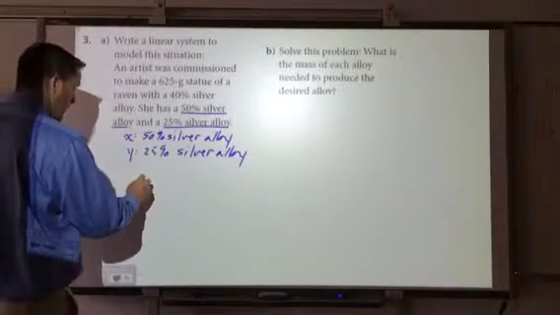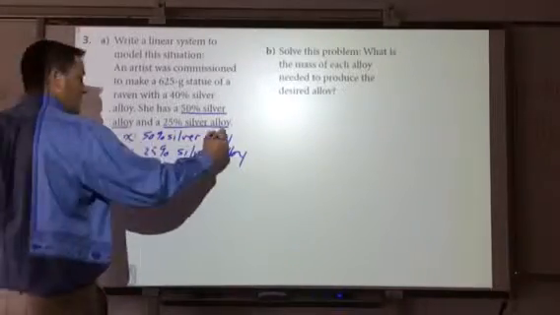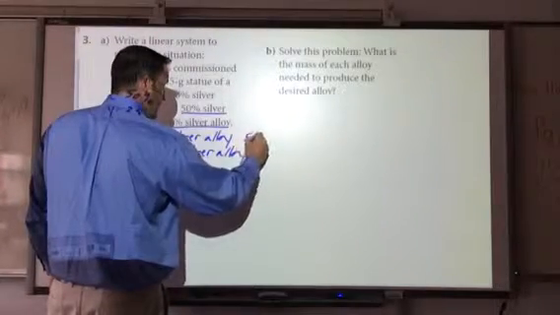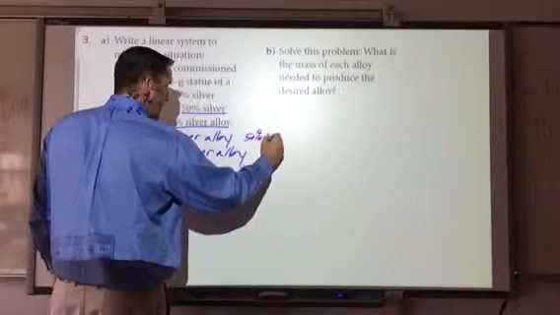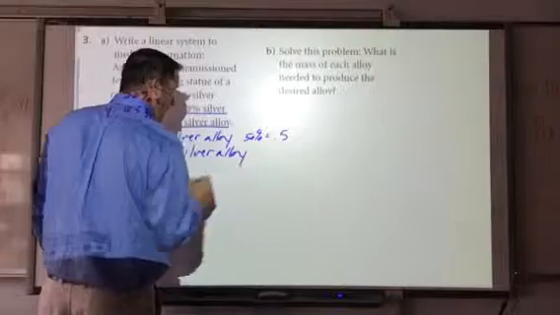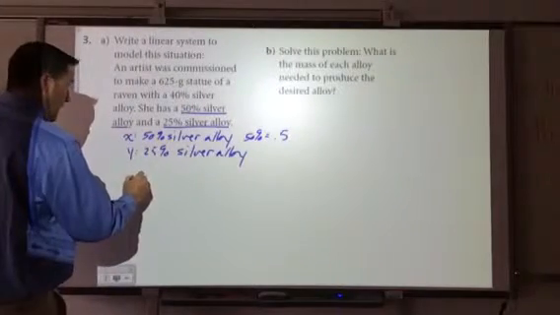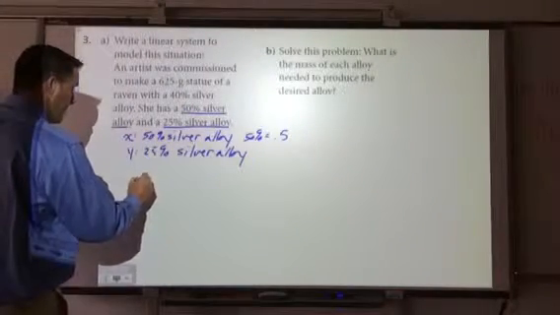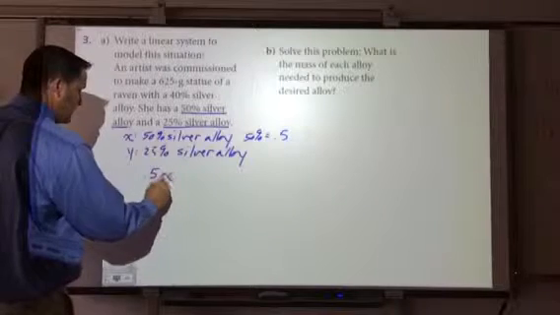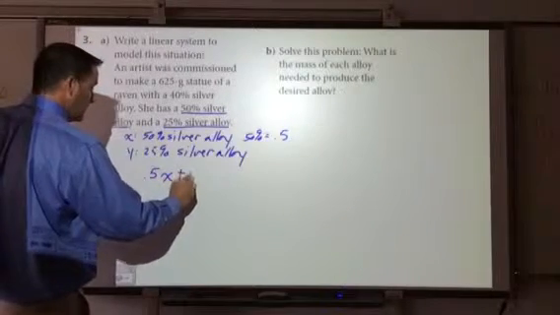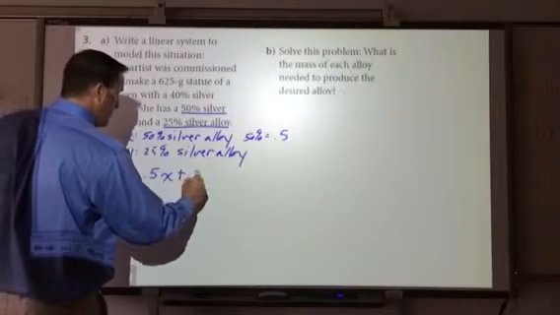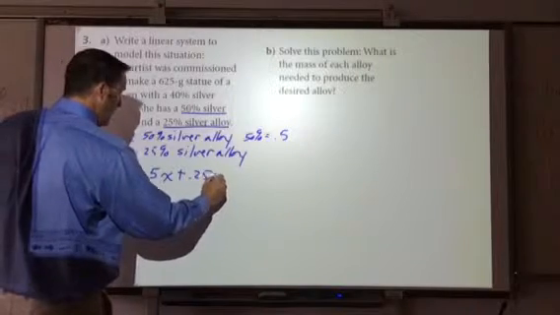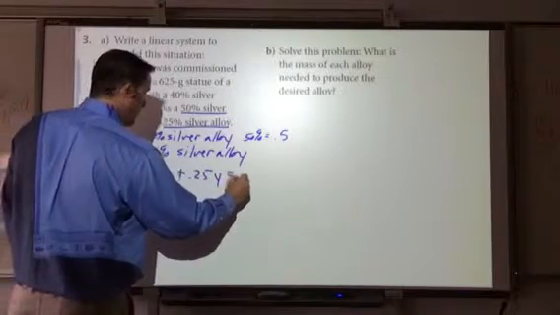Now, 50% is the same as writing 0.5. So what we're going to do is say 0.5x plus 0.25y is going to equal